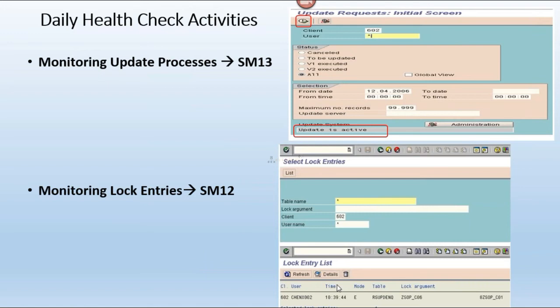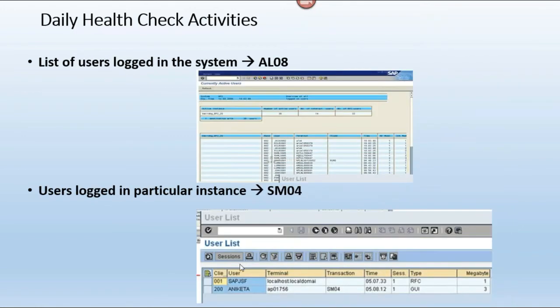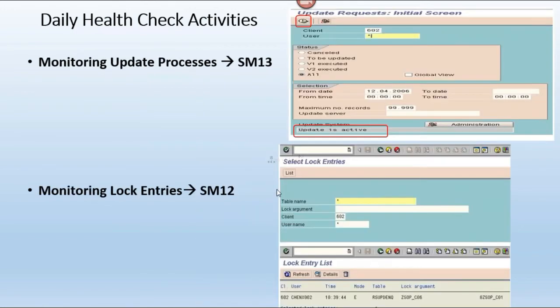If it is not released in SM12 code, and there are no login entries in AL08 or SM04, there are no background jobs running, there are no dialog work processes running, the user is not working at all and the user is not logged in, then ultimately, after taking these confirmations only, we can delete this lock entry. Select the particular lock entry and delete it.